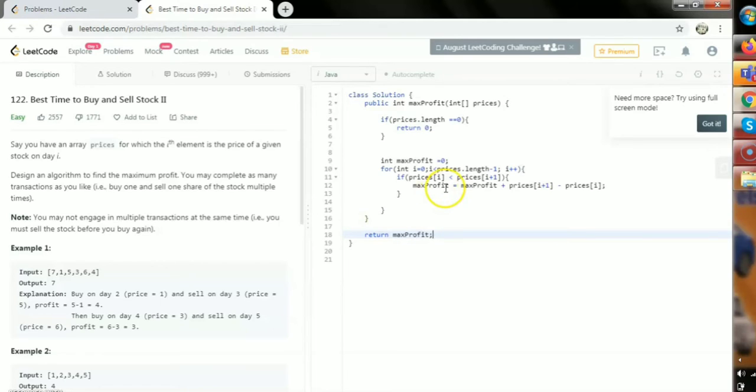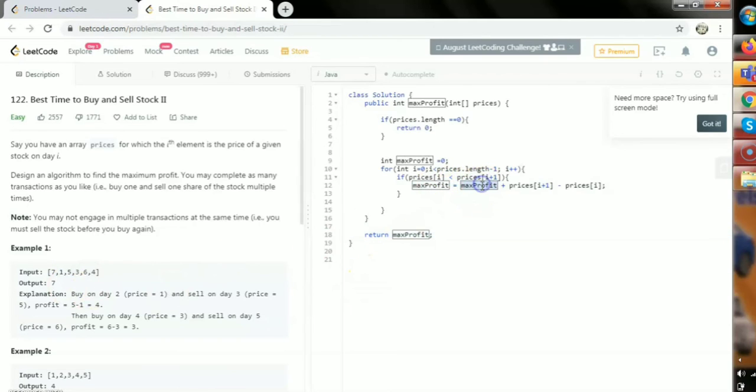So what I did here basically is initially set max profit as 0. Let's suppose I start from 7 to 1. That time, prices of i is less than prices of i plus 1 is no, so this condition will fail. Now I move on. If 1 is less than 5, then I can get the profit, 5 minus 1, which is 4. Inside max profit, I have the value 4. Next time I will do the same thing again and again.